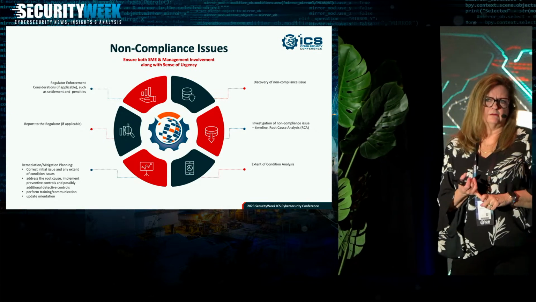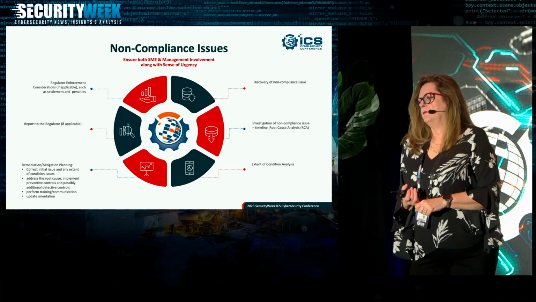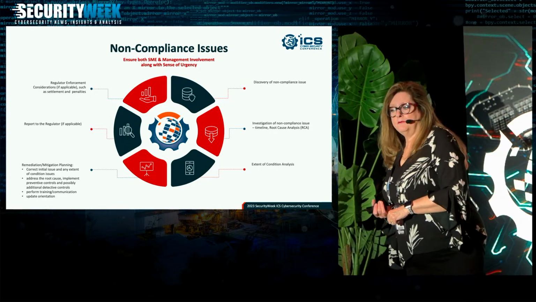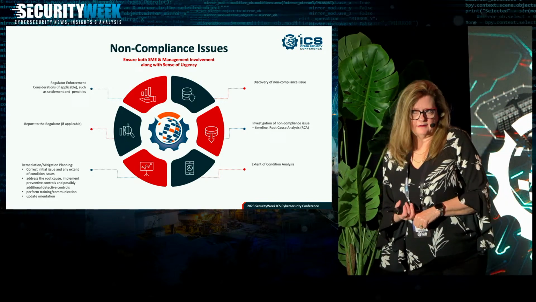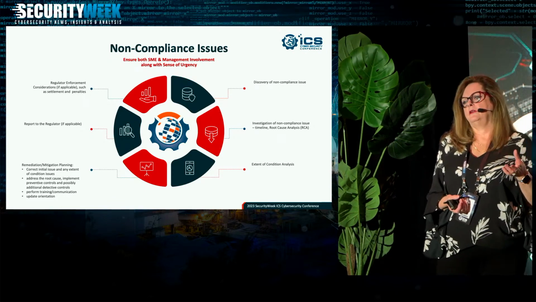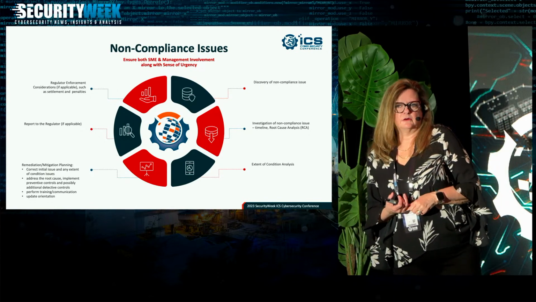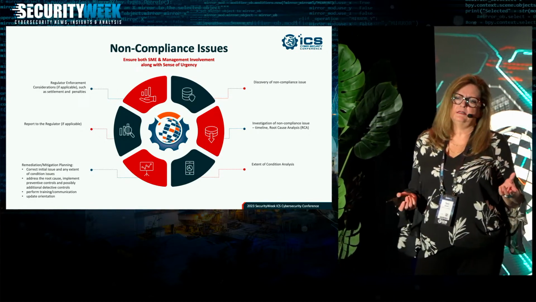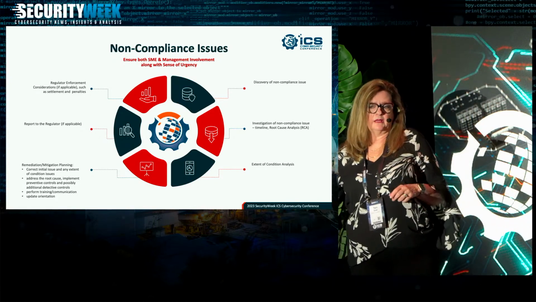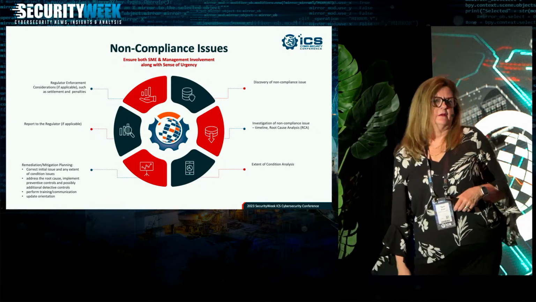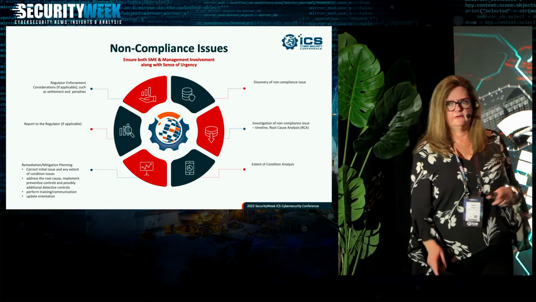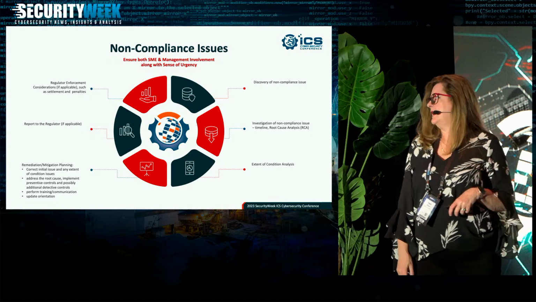So you have to correct whatever the problem was. And make sure you've addressed the root cause and any other causes that you found. Add a preventive control. Every time you get one that's out of compliance, you really need a better preventive control. And then some sort of communication and training type of control. And you may identify other things that you need to do that you don't want to necessarily put in your formal mitigation plan. You can design those, but keep them separate. And then there's usually some sort of process to submit that to the regulator, whether it's a self-report or an action plan, what have you.